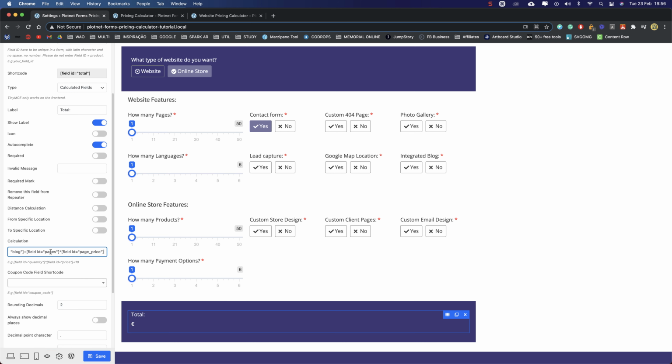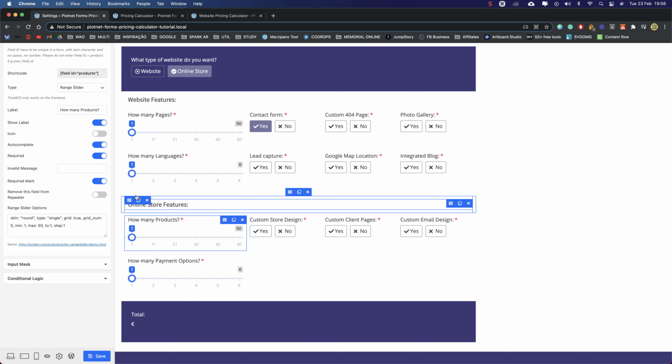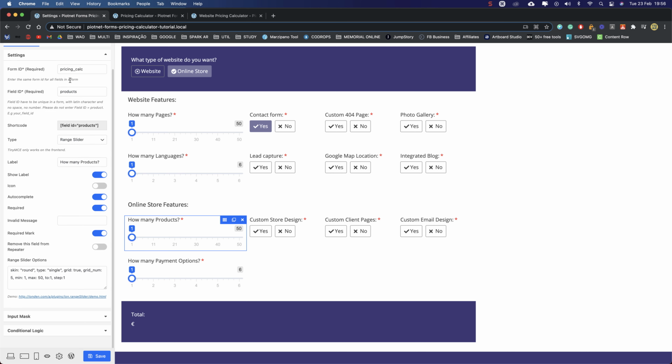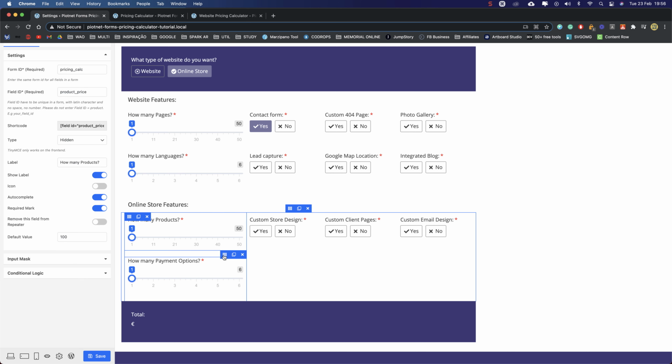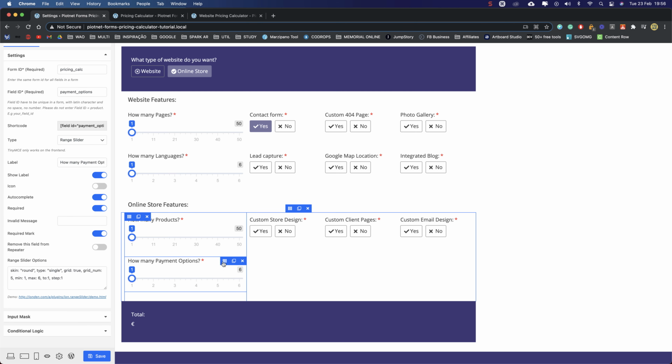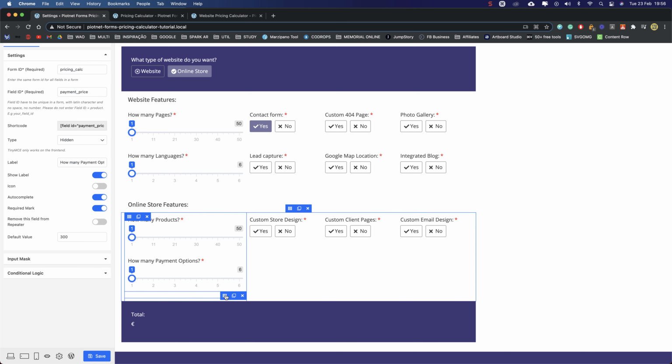Now this will be products, and here will be product price. Let's save this and confirm products. Yes, and here is product price. Okay, here will be payment options and payment price.